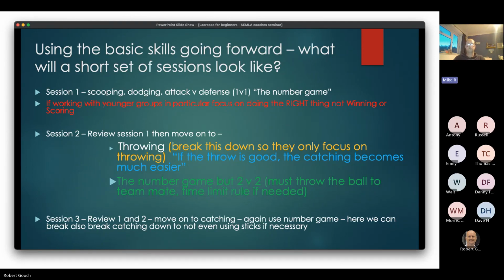Session 2, let's review scooping. Who can remember scooping, how to hold a stick? Who can remember some dodging? Who can remember what attack and defense is? How do we stop people getting to the goal? How do we get around people? And then I found